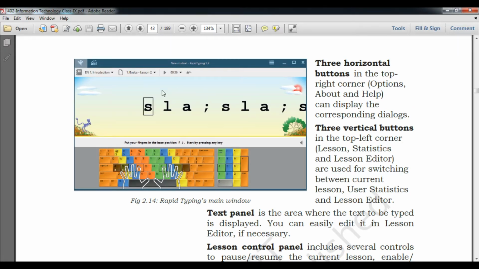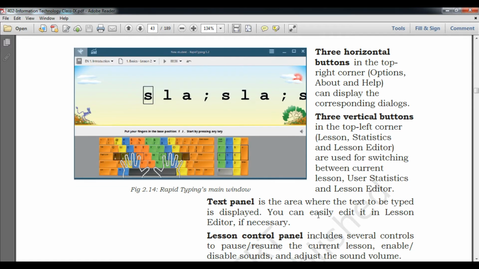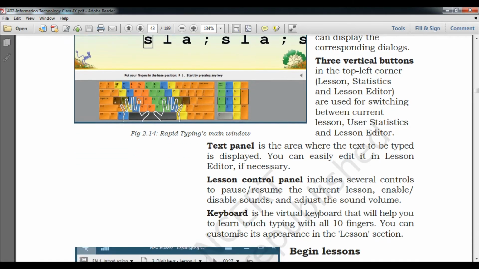In this interface, every word will come one by one, and according to that you put your fingers on the keyboard and type one by one. Here are a number of buttons, 3 horizontal buttons, vertical buttons, and a text panel. Everything is here according to the exercise level.